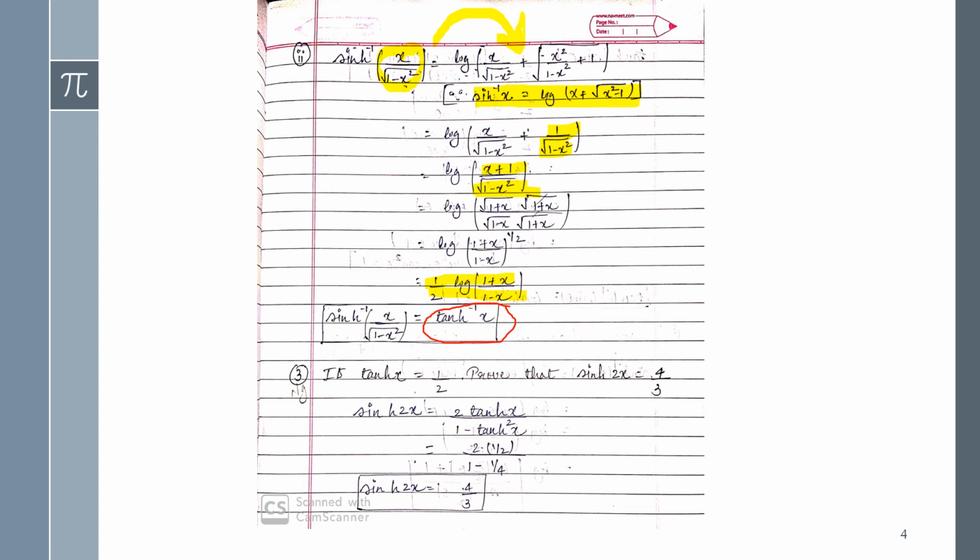So here you have to prove it equal to sine, right? So definitely we will apply the formula in terms of sine only. So writing sin 2 theta, that is sin h 2x equals this one, which is the formula of the hyperbolic sine, and in place of tan hx we can write its value. So by applying this you can get its final result in the 4/3 form.